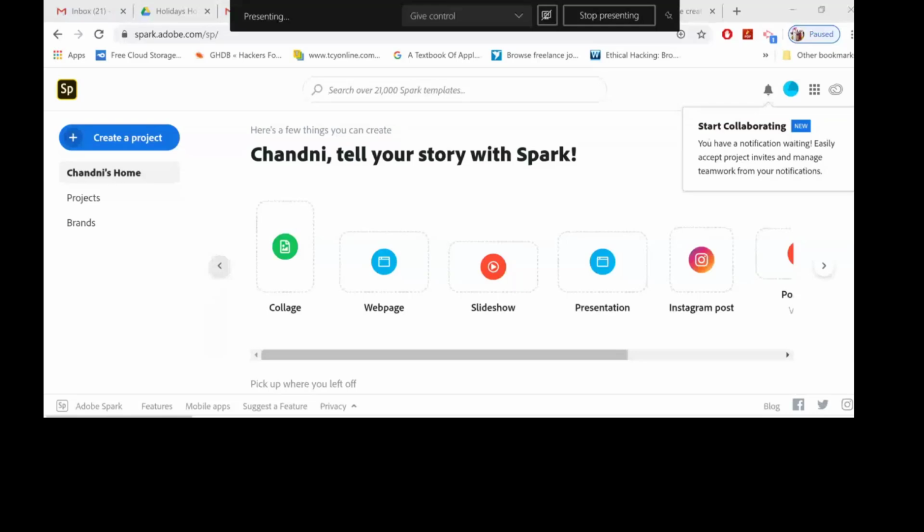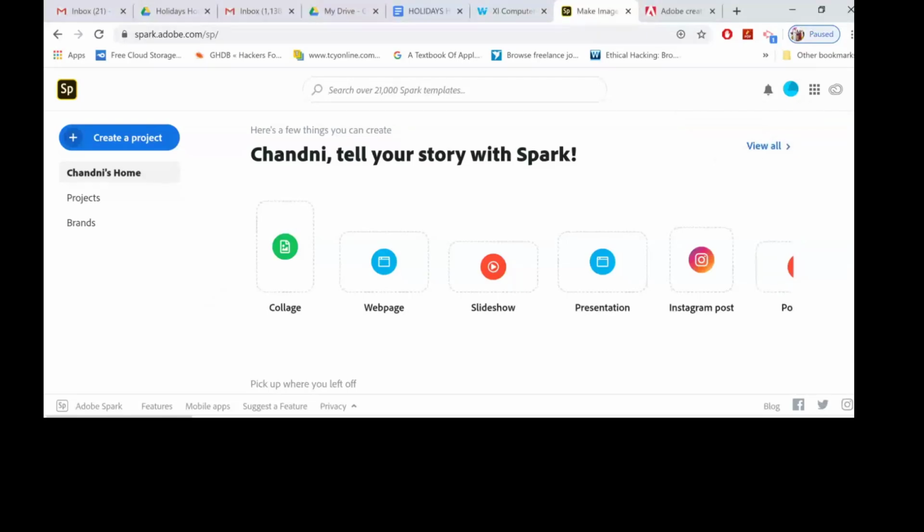Now, the next thing is you can collaborate with others. It means you can create a collaborative project where you can connect with your friends. Nowadays, when you are going remote, studying online at your place, not going to anyone else's place, you can just ask your friend and create a combined project also. So let's start with one simple project.